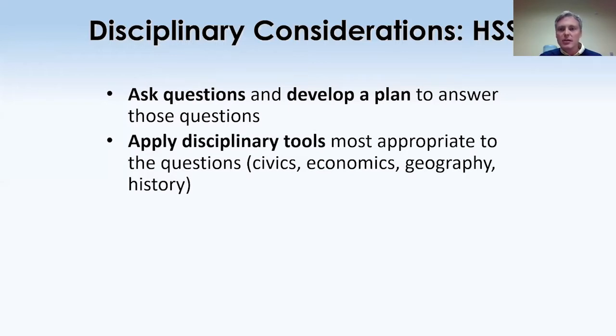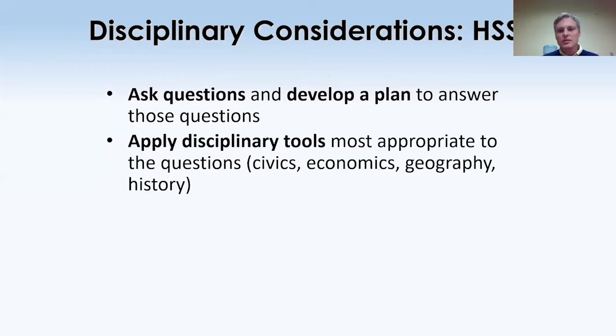So if we're talking about the American Revolution, that actually hits all 4 major disciplines that fall under history, social science. We have the political or civic aspect to it, when we talk about the Intolerable Acts, the Stamp Act and the taxes that were being put on the colonists. We have an economic angle. With the geography, the distance across the Atlantic Ocean between Great Britain and the colonies and how that affected the revolution. And then of course the historical tools that we use, things like evaluating multiple perspectives from the time period and how different people, say patriots and loyalists, may have looked at different actions.